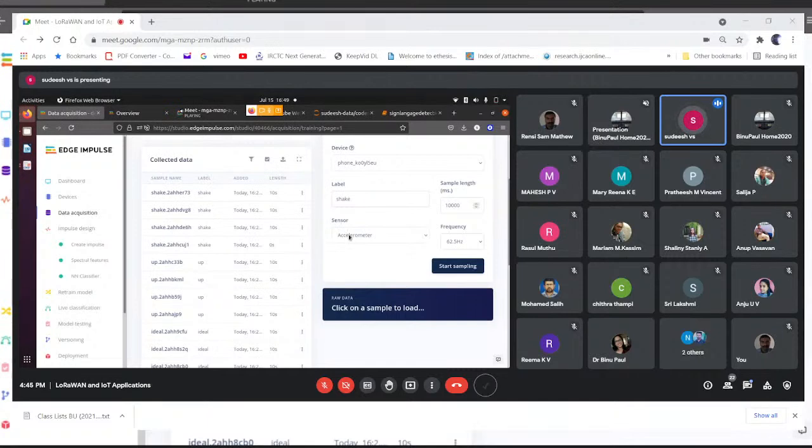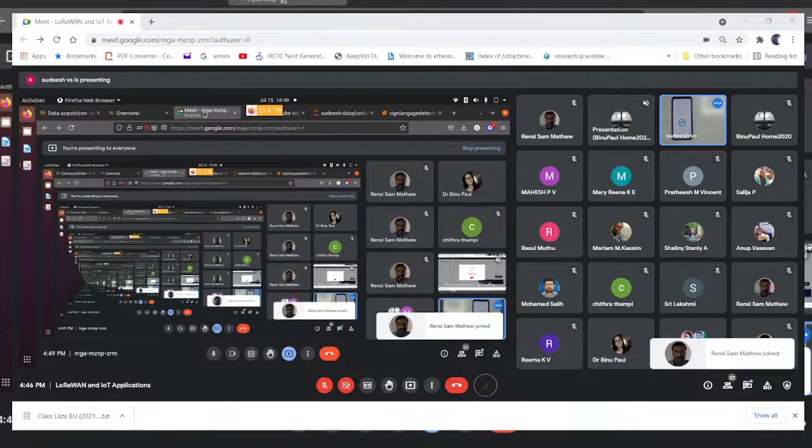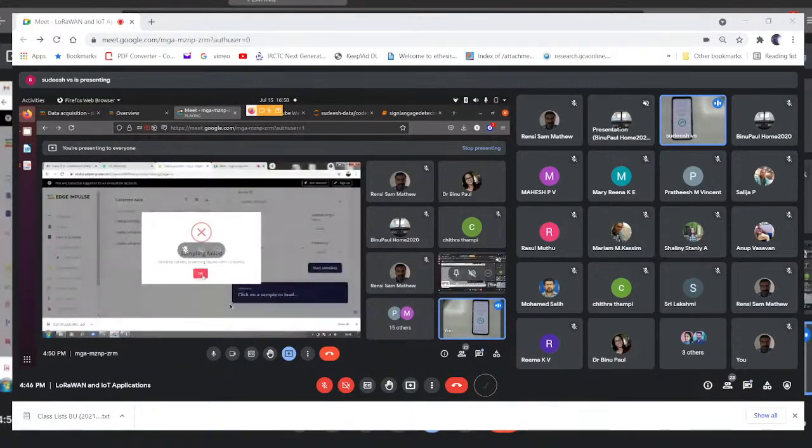Also ensure the sensor is accelerometer. Sampling.